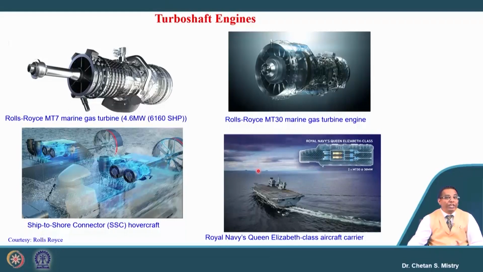So a very important term comes into the picture, which is called power to weight ratio. These gas turbine engines have a very high power to weight ratio, because their weight is lower compared to an internal combustion engine, and that's the reason why people started applying these gas turbine engines for these special marine applications,